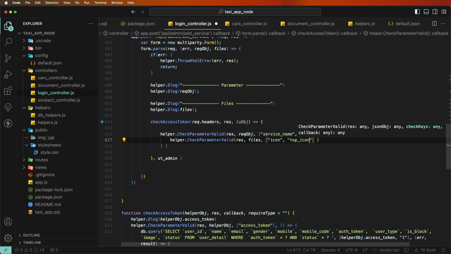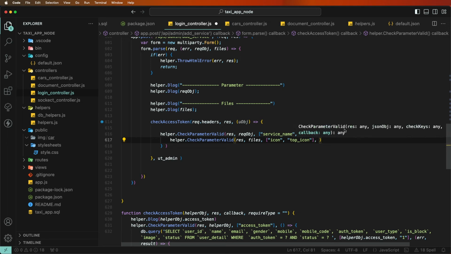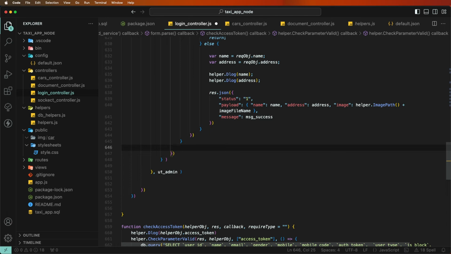Now once this is valid, we call this and paste this code here,